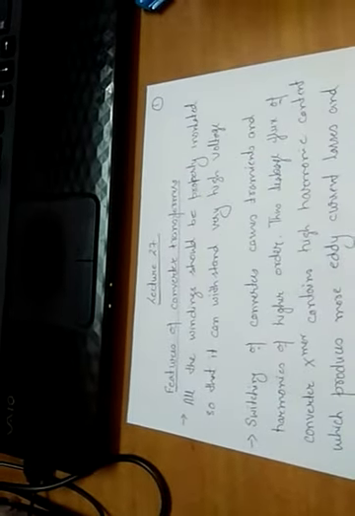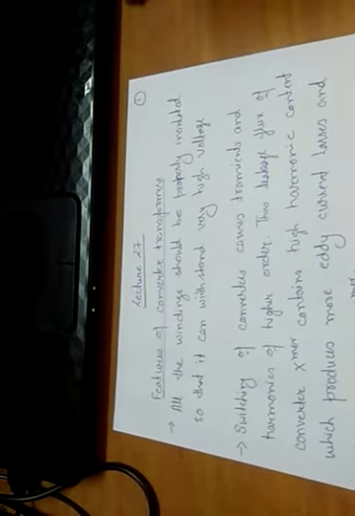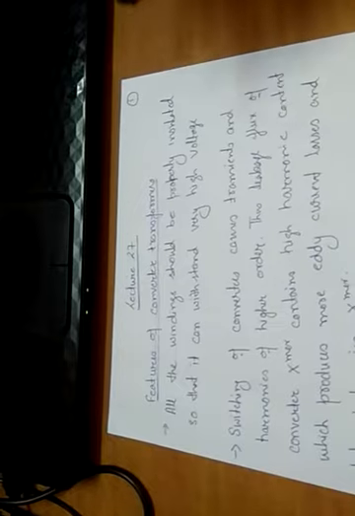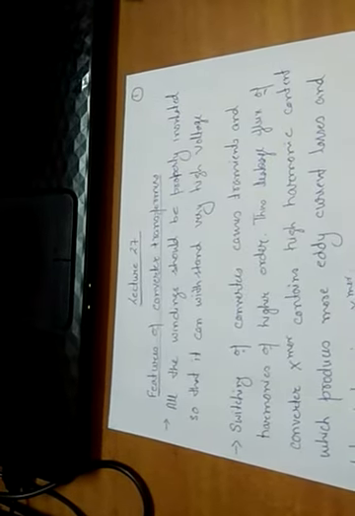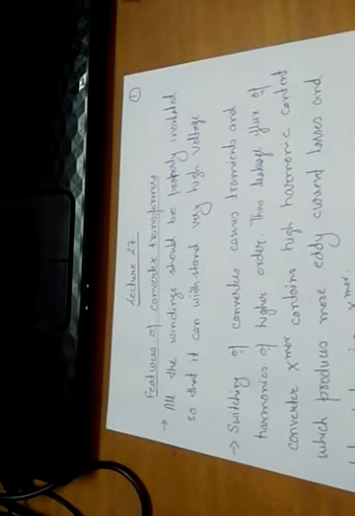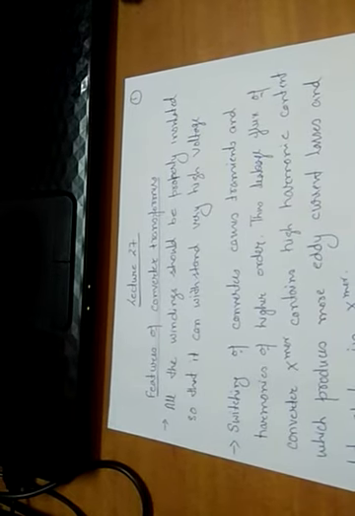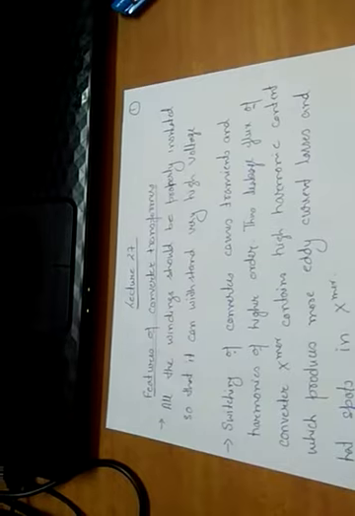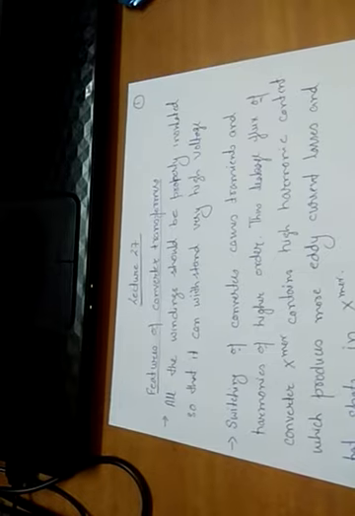Next, due to the switching operation of the converters, transients and harmonics are generated, harmonics of lower order as well as of higher order. The leakage flux passing through the converter transformer is rich in harmonics, meaning it will have multiples of the fundamental frequency. This will increase the eddy current losses in the transformer, which will give rise to hot spots in the transformer.